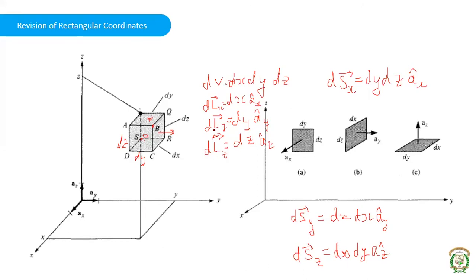Okay, so you should be clear with these differential elements in all the 3 coordinate systems that we are going to study. To start with, we have seen this in rectangular coordinates. Next, based on this, we will try to get these elements in cylindrical as well as spherical coordinate systems. So the next coordinate system we are going to study is the cylindrical coordinate system. In the rectangular coordinate system, we had x, y, and z axes.